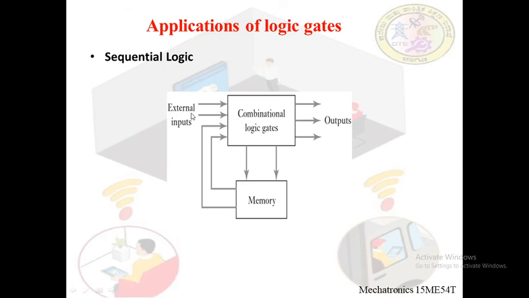We have external inputs. External inputs depend on the level of water, the temperature, the amount of detergent, etc. This is the output. We have the memory. The memory has certain inputs from the combinational logic gates which keep track of the past data. This past data is fed back again as an input into this combinational logic, so that the output depends on the external inputs and the inputs from the memory. So this is how a sequential logic works.